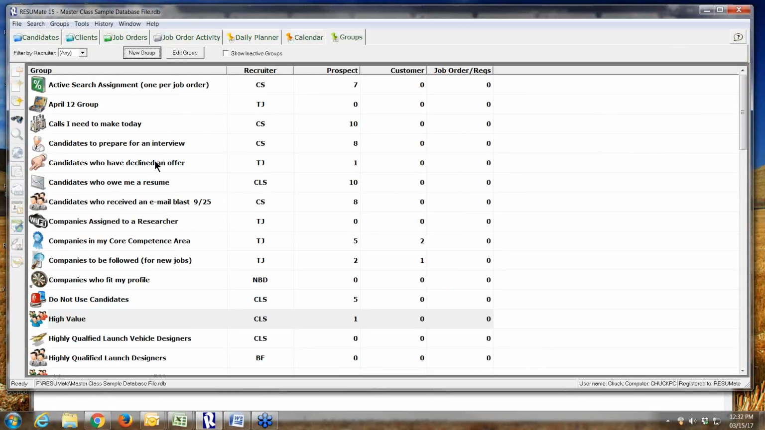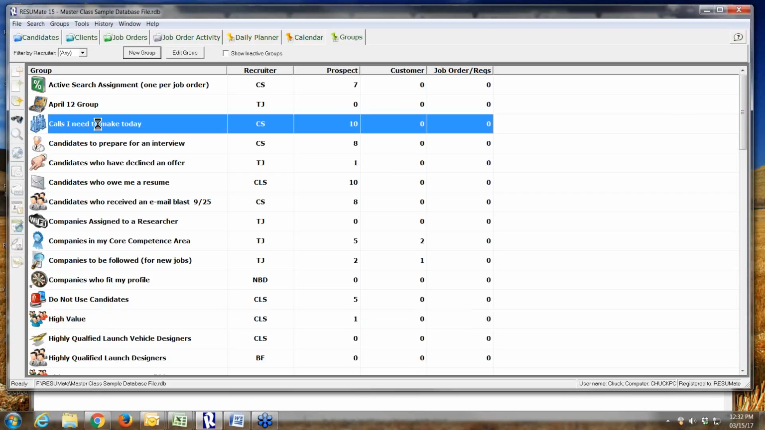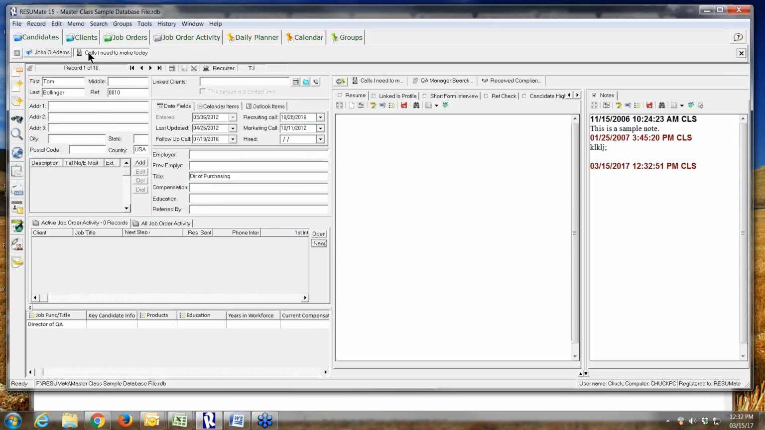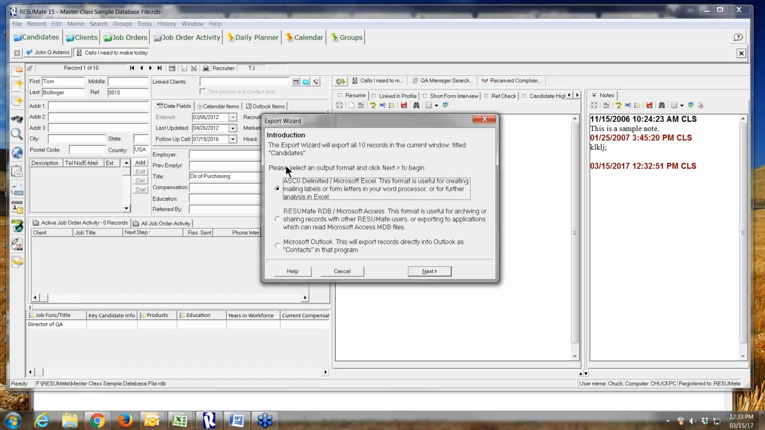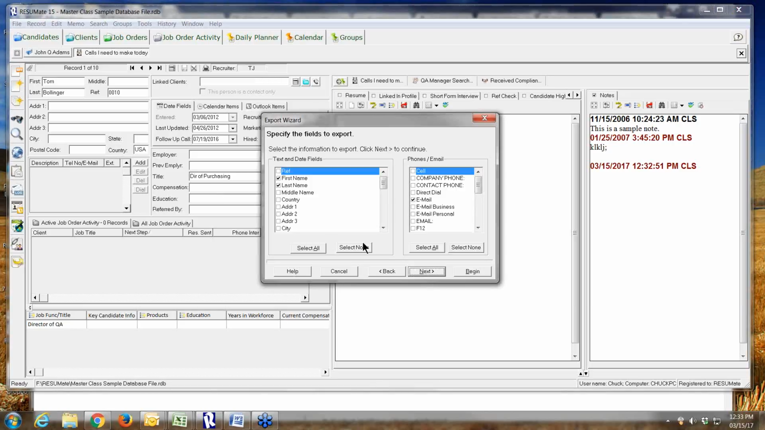And then at any time, let's just pretend that this is a useful group here, calls I need to make today, it says. So let's pretend that these are candidates that I've assembled for a particular retained search. Whatever that roster is, it's 10. If I come down here to my tab, it says Wizard will export all 10 records. It always tells you what it's going to do. So just the 10 people that you've assembled for that particular search assignment, and then go straight to Excel and then start grabbing the fields and the customized labels, which could be employer, previous title, money, whatever,